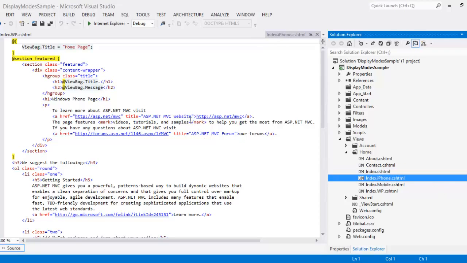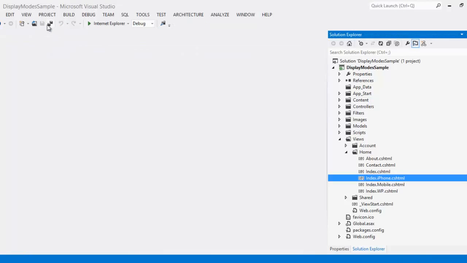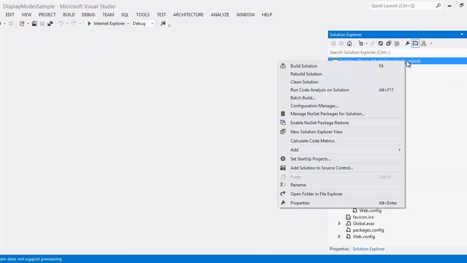Right. So close this, save all, and build the application once again,